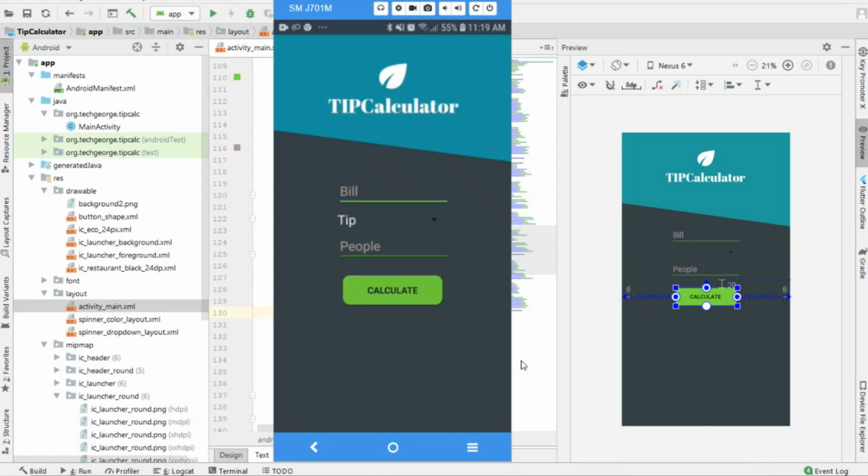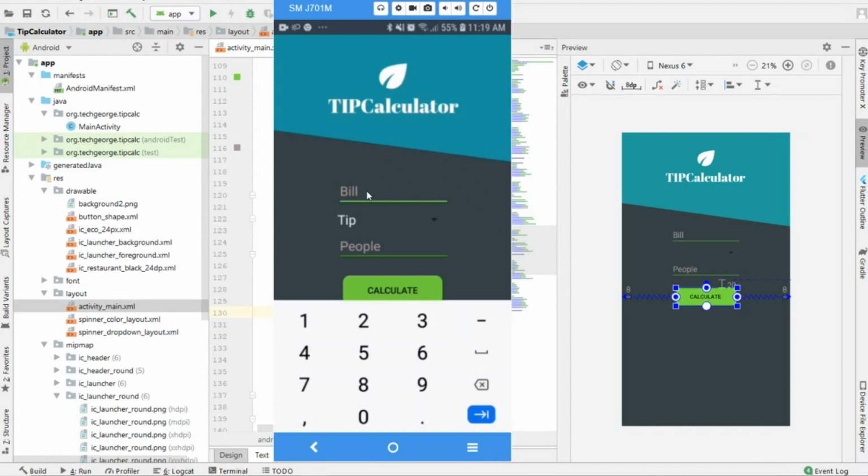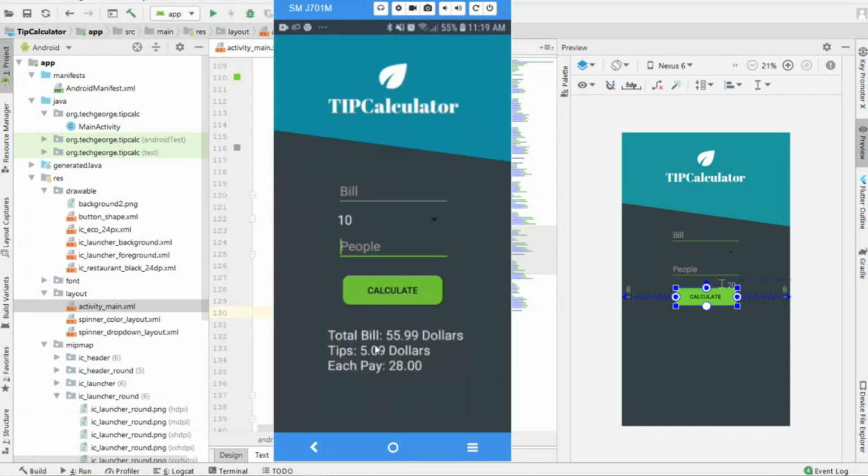In today's video, we are going to build a tip calculator Android app. It is very simple. As you can see, it asks for the bill amount. So let's say that we consumed at a restaurant $50.90. Okay, so the tip, we want to leave a 10% tip. And for the amount of people, that was 2 people, and then we hit calculate, and it will give you